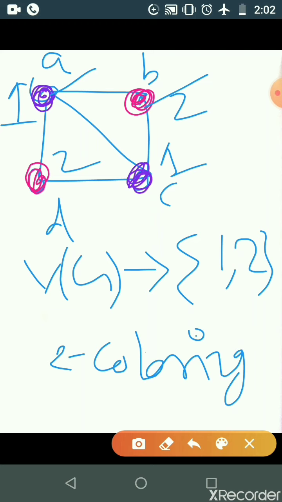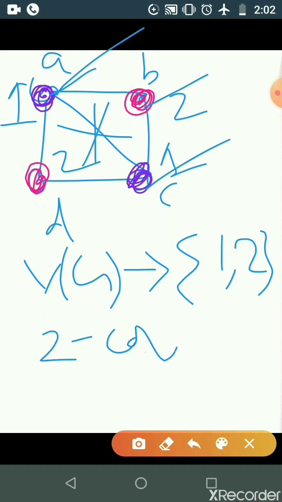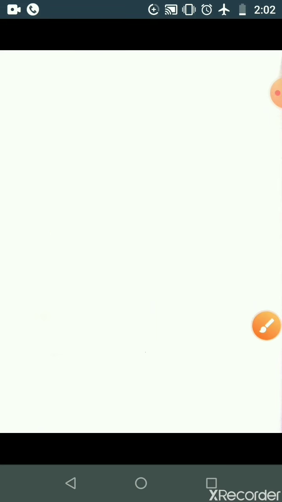Why? Because here adjacent vertices are having different colors, and earlier it was having the same color, not all the adjacent vertices. So we have to use the third color, correct, such that all adjacent vertices are having different color. But here also adjacent vertices are having the same color, that is first and first. Okay, A and C have the same color, but anyways we are using two colors, so this is known as two coloring. Okay, and if you use three colors,